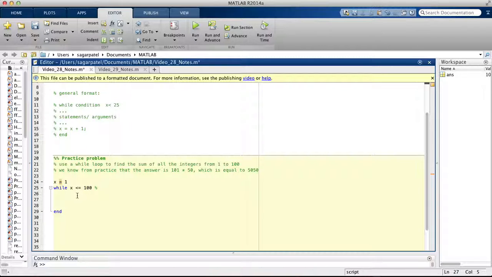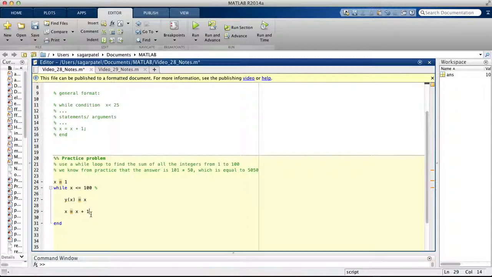you want to sum it up. So you would create a y of x is equal to x. Then you would say x is equal to x plus 1, because you have to increment it. Unlike for loops, if you don't change the value of x, this will become a forever while loop, and it will just keep going on, and you'll have to force quit or force stop